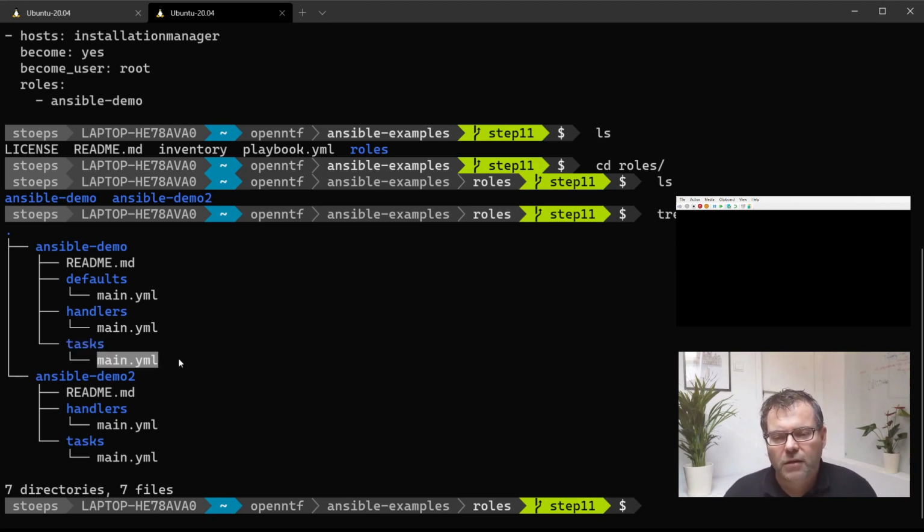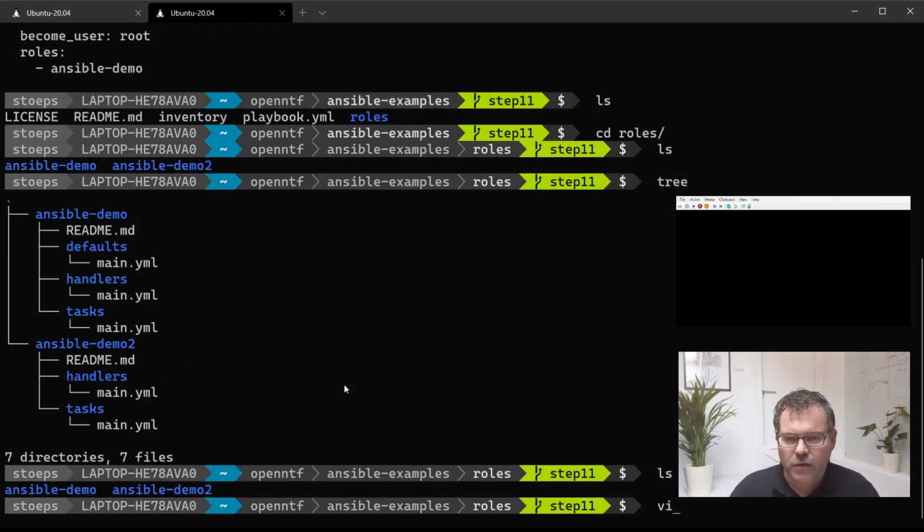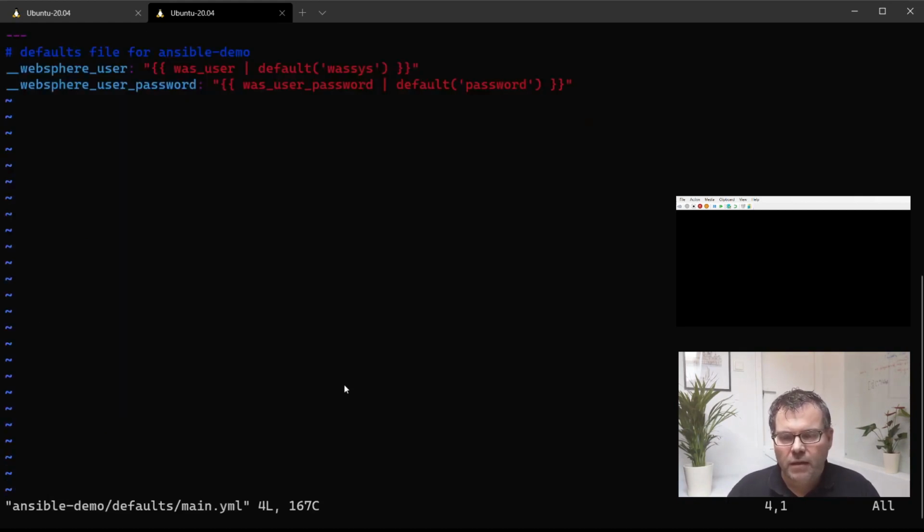Let's go with the main file for the moment, and the same for the second role here. So let's have a look into Ansible demo defaults main. In defaults main, we define our variables like before. I changed it slightly because we define that variable name in our inventory, like this and that. I often use two underscores in the variable name for my roles,